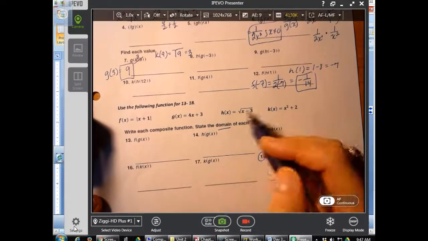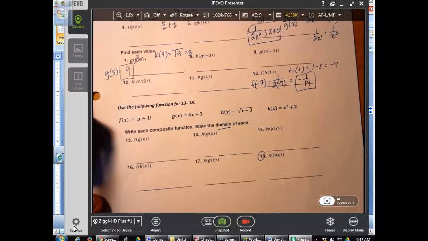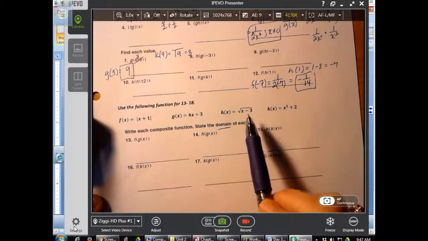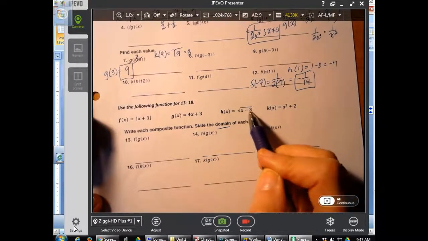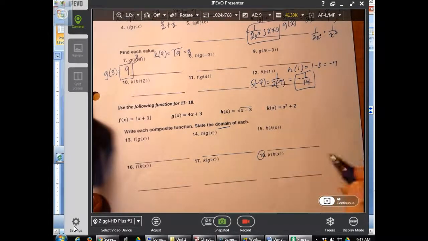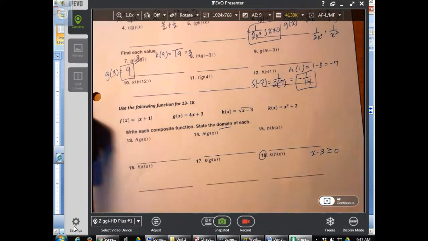So I know that whenever I take the square root of something, it has to be either 0 or positive to take the square root of it. So what is underneath the radical right there, the x minus 3, has to be greater than or equal to 0. Now I want to make sure you really understand why I would say that. Because when I take the square root of 0, it's 0. Square root of 1 is 1. Square root of 4 is 2. But I cannot take the square root of a negative and get something that I can graph because I get